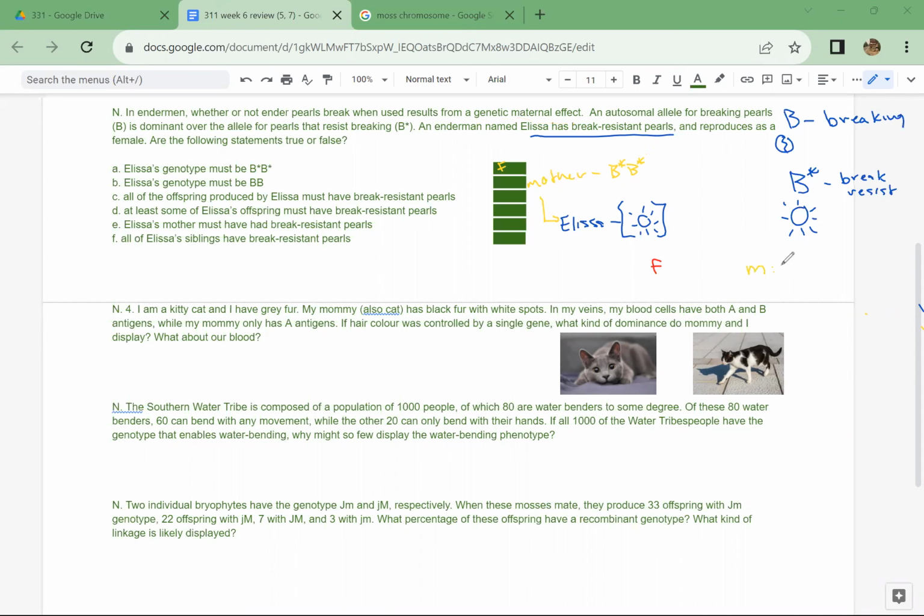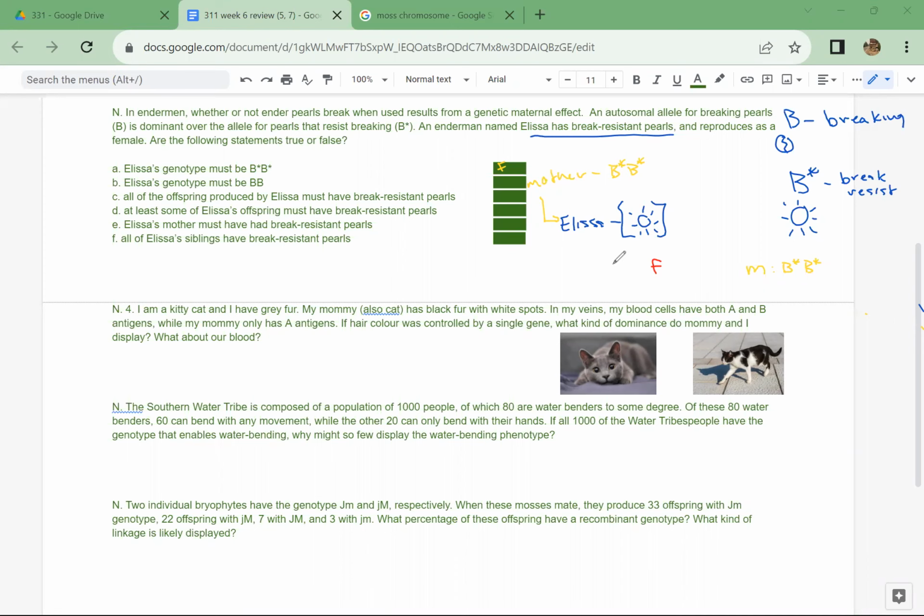So we know Elisa's mother's genotype was B star B star. It had to have been homozygous recessive to give Elisa this recessive phenotype. By the way, this probably looks familiar because it's nearly identical to the problem that we did in class yesterday